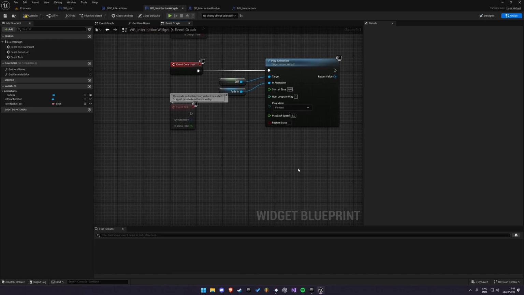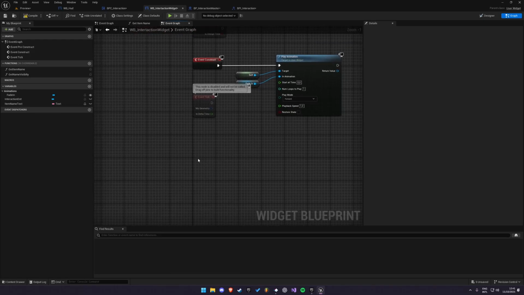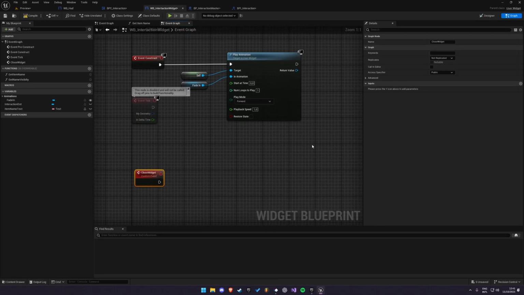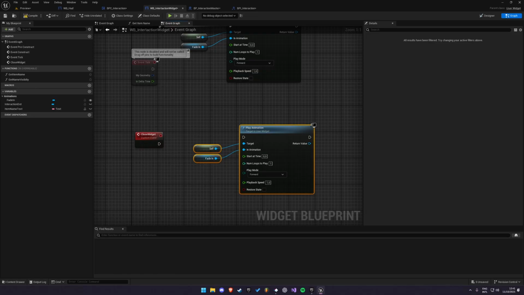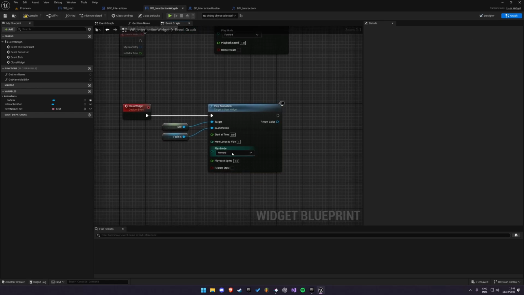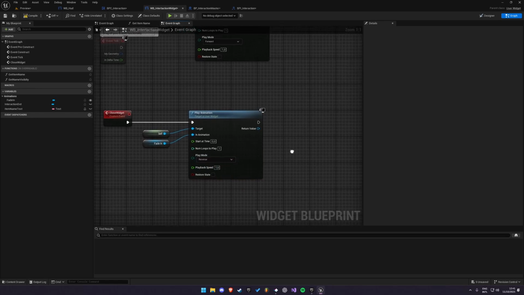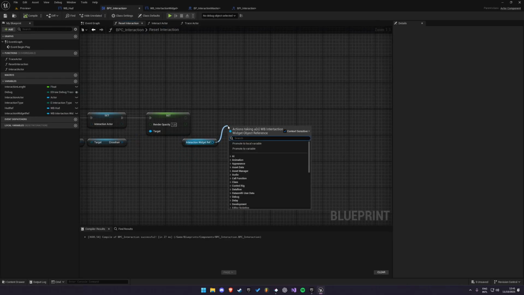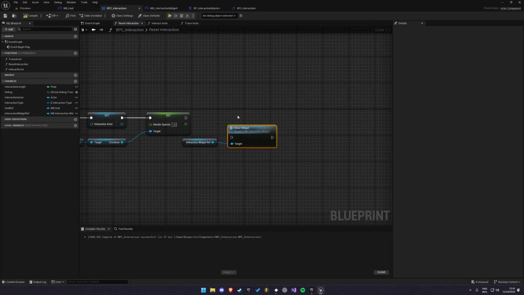And also, whenever we want to close the widget, we're going to make a custom event for that. I'm going to call it Close Widget. And we can pretty much copy this logic like so. Attach it. And then we're going to say reverse. But whenever we call this in our interaction, like so, we're going to call close,